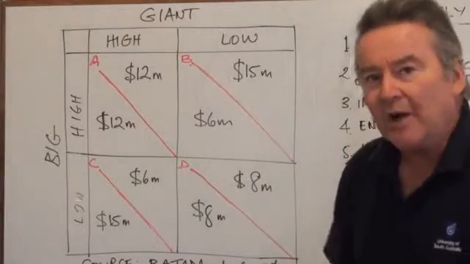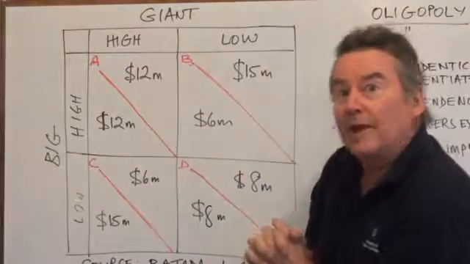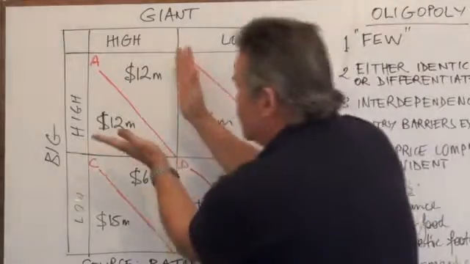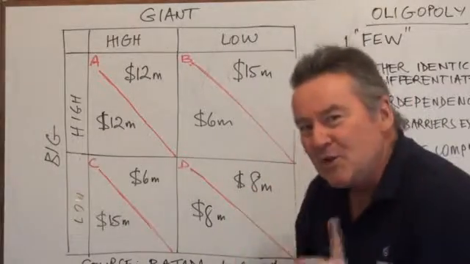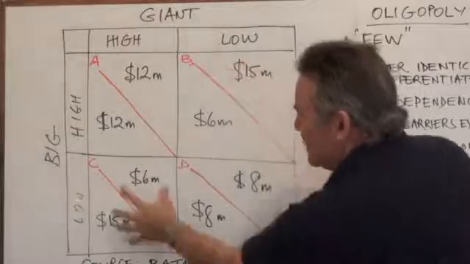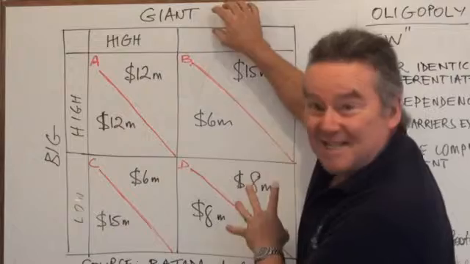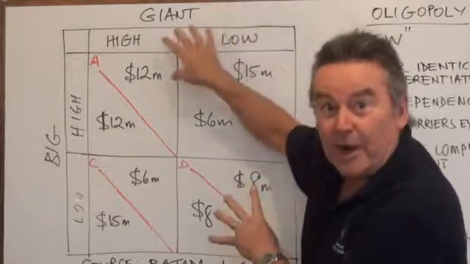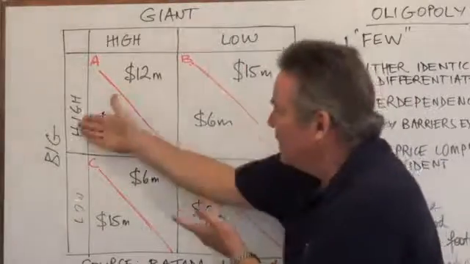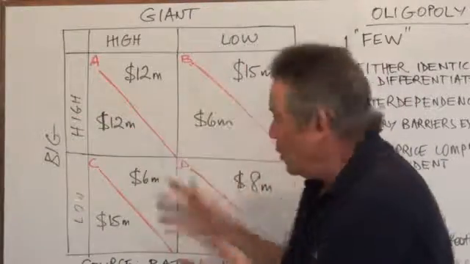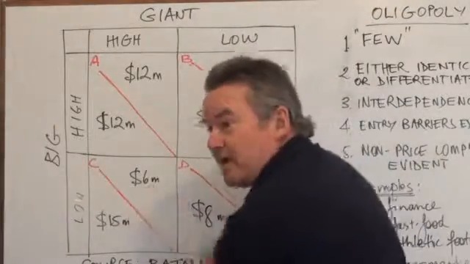But let's say they go ahead and do that. We can see that's a more optimal outcome for both companies. They raise their profit levels collectively. But even if they do, let's go back to boxes B and C. B and C remind us that there's an incentive for Giant to break the collusive agreement, go low and pinch market share off Big, because Big's gone high. Or alternatively, the incentive for Big is to cheat and achieve the same outcome.